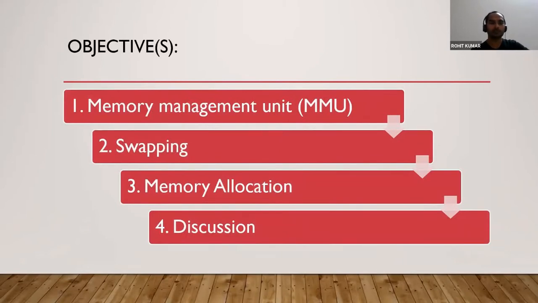The common objective is that we are going to understand the underlying mechanism of the MMU, that is the memory management unit. What are the different constituent elements that are supposed to work in a seamless fashion so that you get the minimum response time from memory? And then we are going to discuss the concept of swapping. What is the concept of swap in, swap out? Meaning, what is the concept of roll in, roll out? And then what is the difference among all these terms?